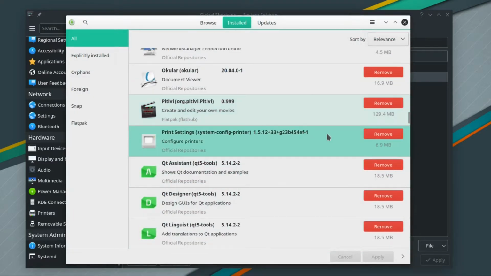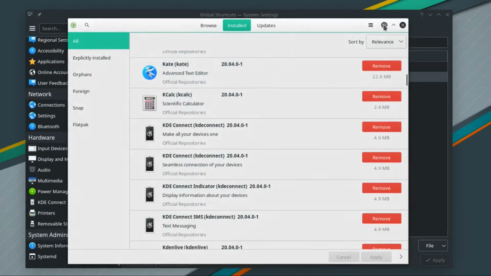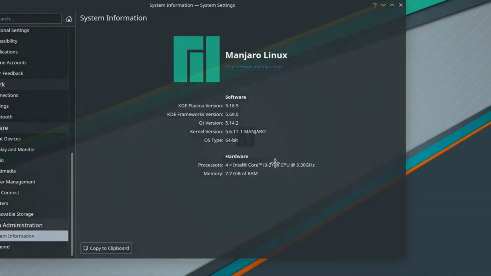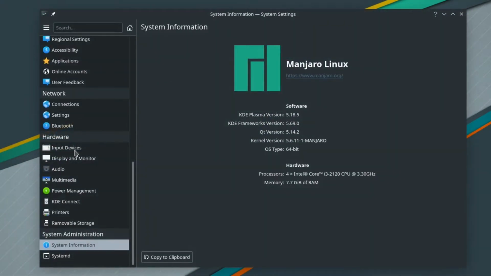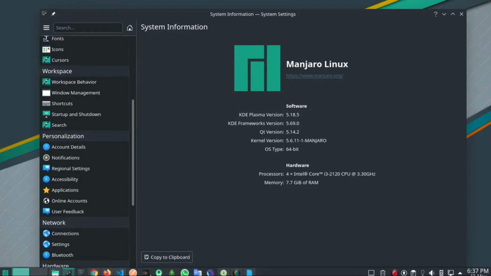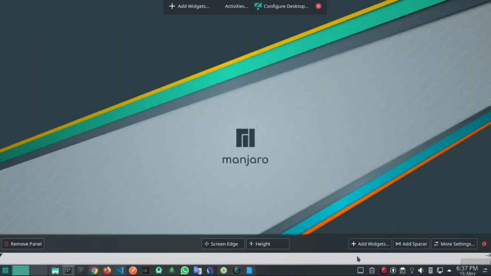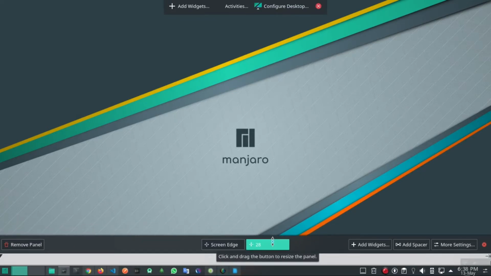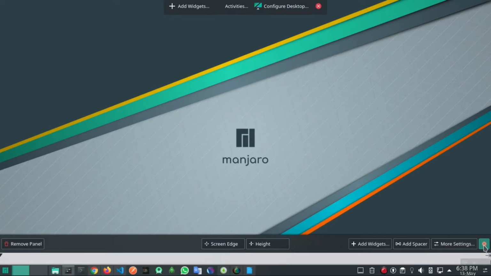So the third category is customizable. With Plasma the user is king. Not happy with the color scheme? You can change it. Want to have your panel on the left edge of the screen? Move it. Don't like the font? Use a different one. Download custom widgets in one click and add them to your desktop or panel.